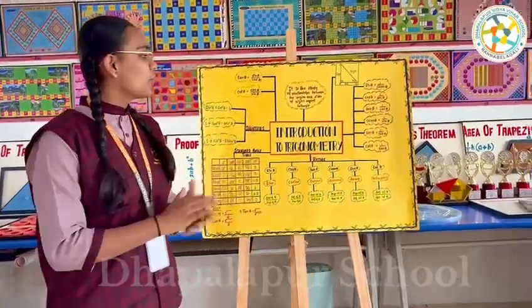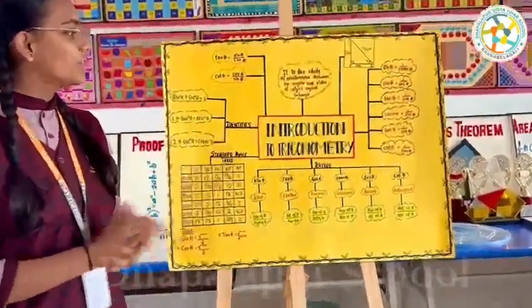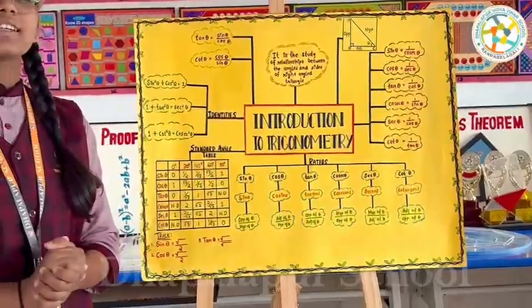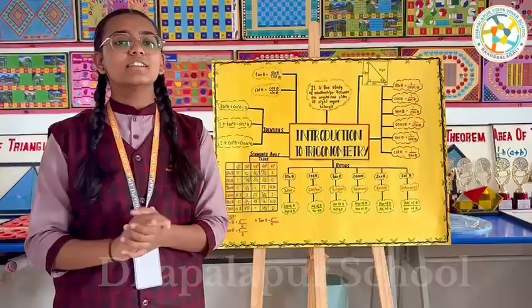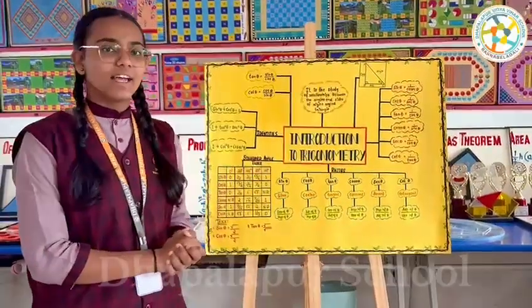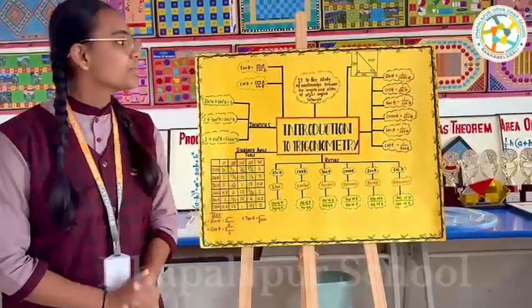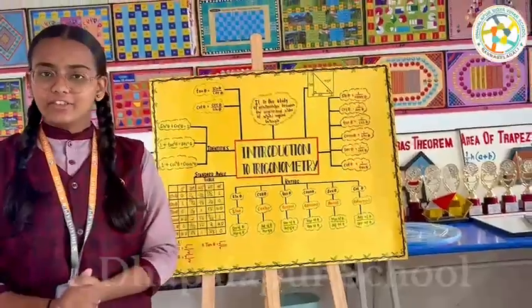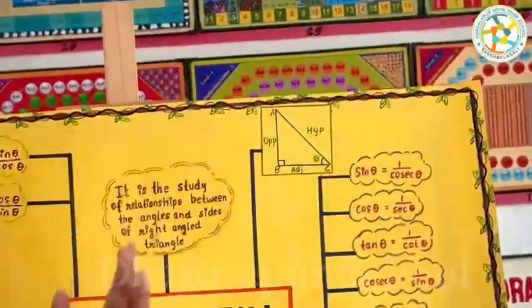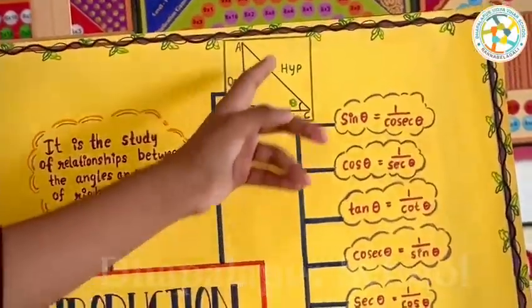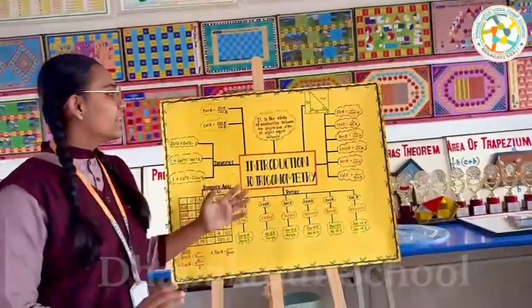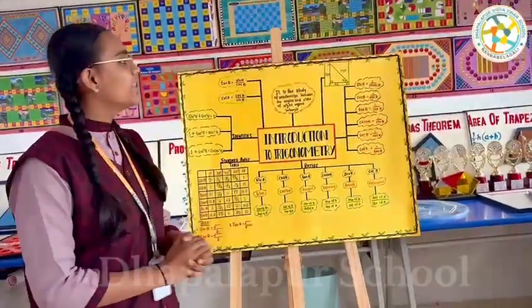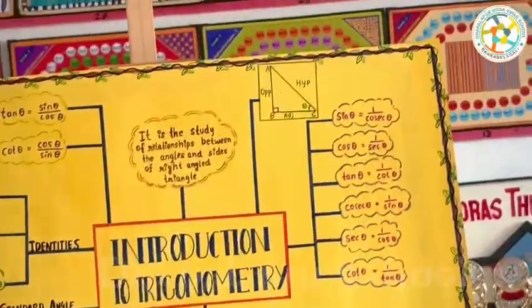Now, we will learn some concepts that are related to the Introduction to Trigonometry chapter. First come the basic trigonometric ratios. Before moving to that, let us try to understand a few terms that are related to these ratios. If we consider a right angle triangle, right angled at angle B, the side opposite to the right angle will always be the hypotenuse, and it is the longest side in the right angle triangle. Here the longest side, the hypotenuse, is side AC.